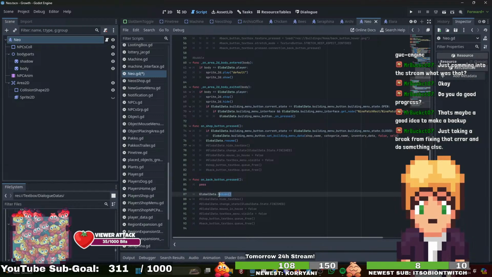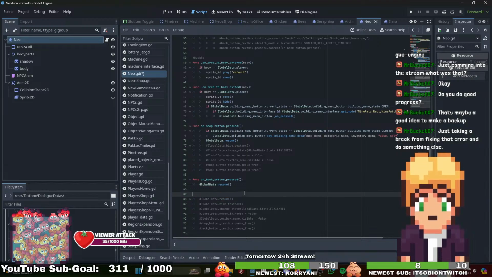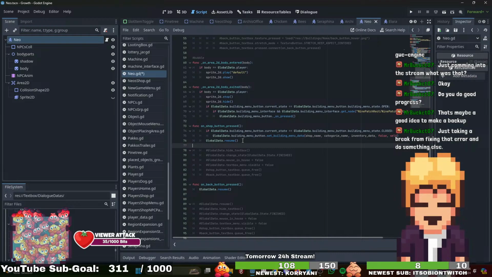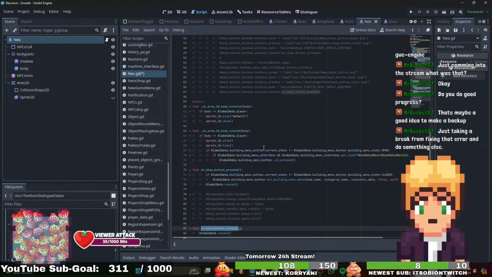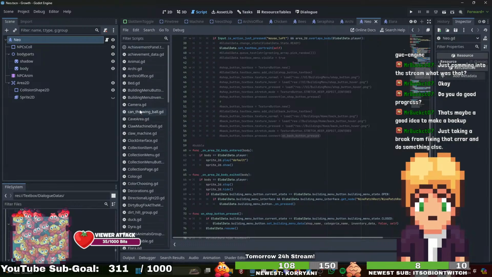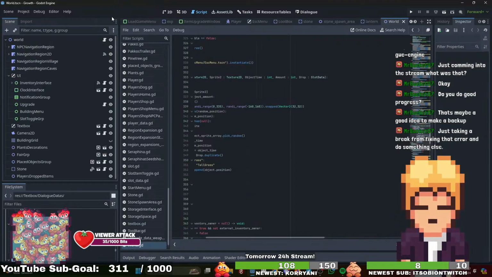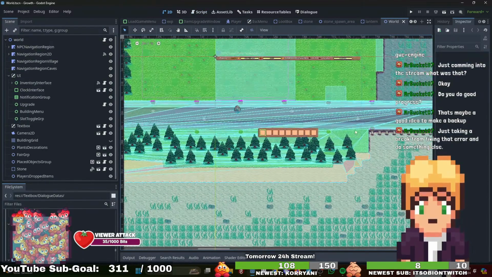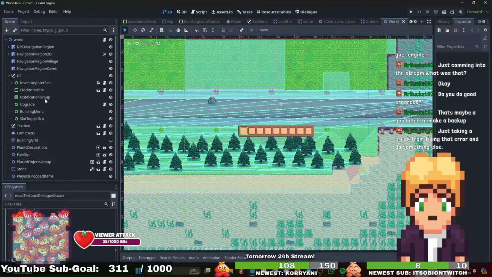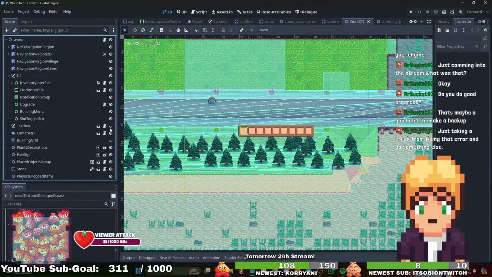Actually, we will start the game again. So just like that. More we don't need at the moment. We just need to connect this one and this one with our text box. And as our text box is always in the scene here,